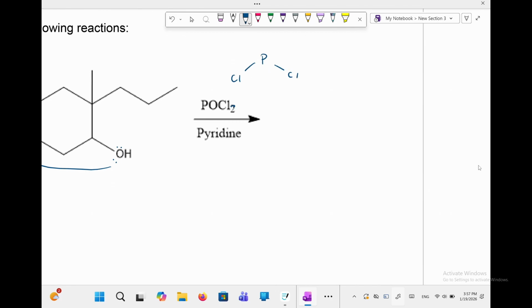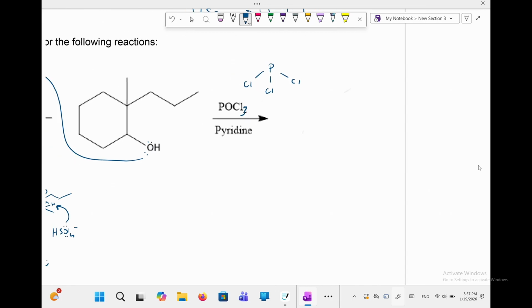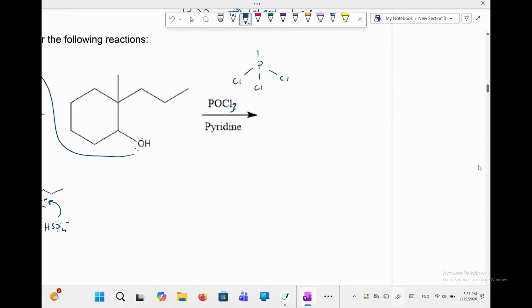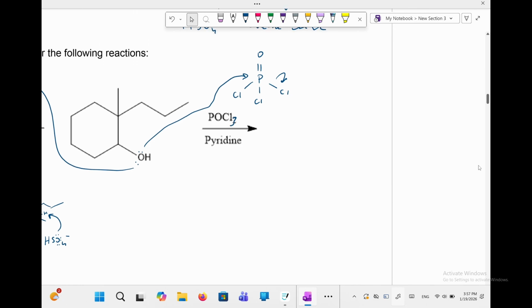It's actually supposed to be POCl3. POCl3 is a Lewis acid, and if you recall from Ochem 1, Lewis acids accept electrons. So essentially they're kind of like electrophiles. In this case, the alcohol attacks the phosphorus and kicks off a chlorine,